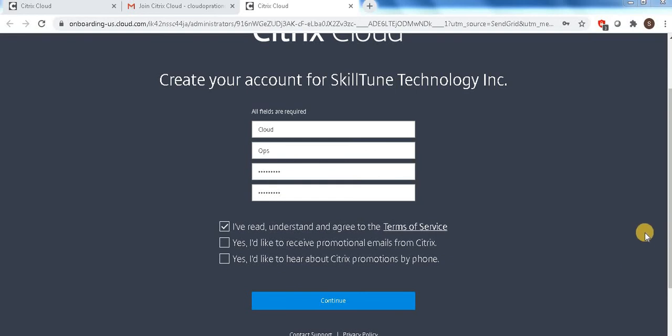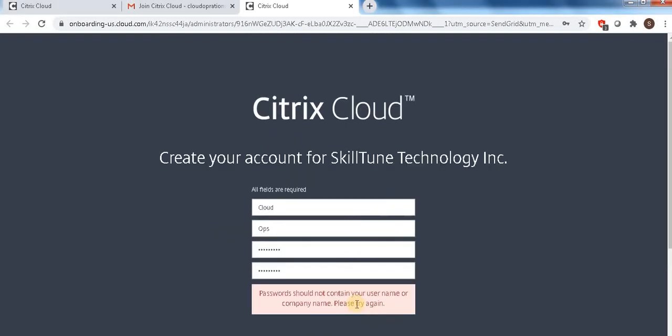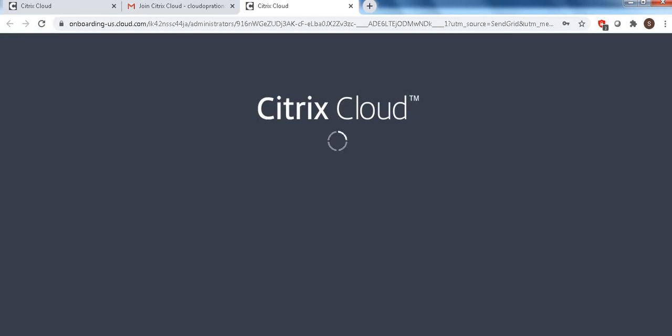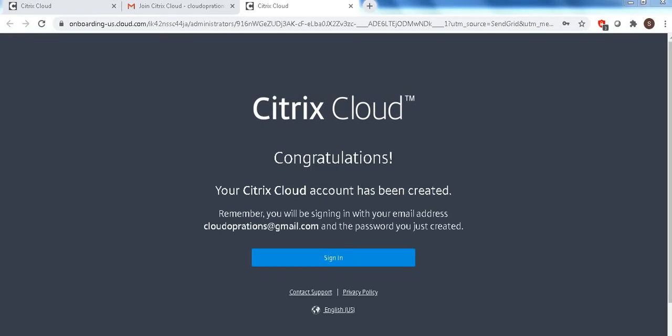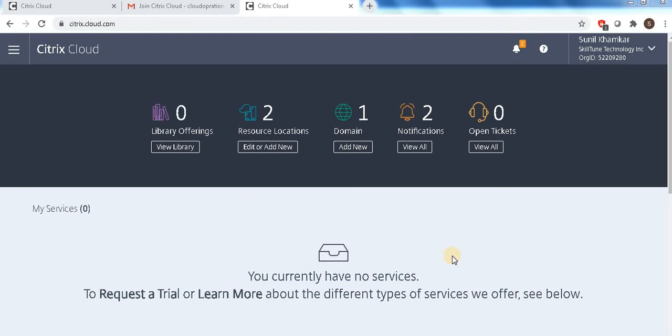I have updated the name and password and am clicking on continue. Signing in. You can see the Citrix Cloud account has been created. Let's sign in. I have signed in with my own ID only.